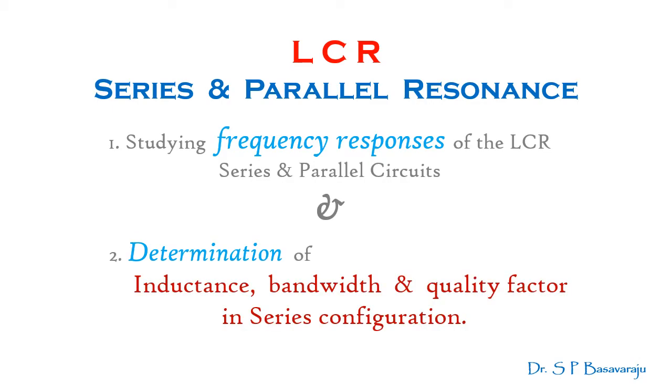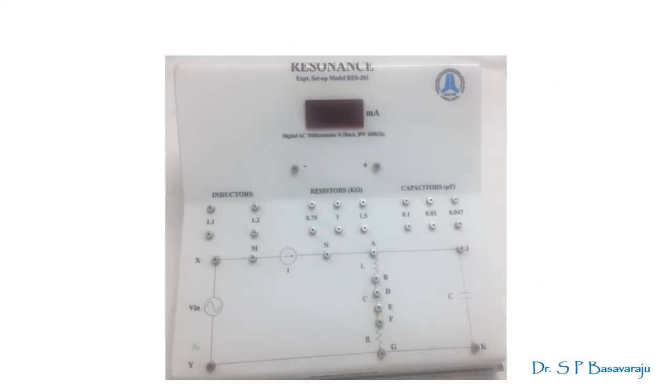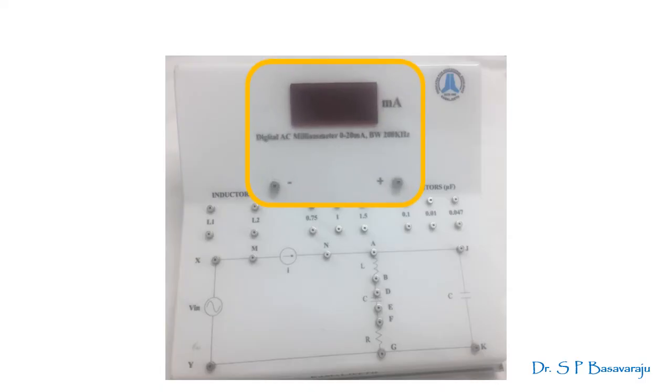Let's start with the apparatus you've used. First, the circuit unit and the connections in it. This is the LCR circuit unit. The white body on which the circuit along with the other components are provided is called the chassis. An AC milliammeter is provided on its upper elevated portion, below which there are terminals for connection. Below that, in the mid part of the chassis,